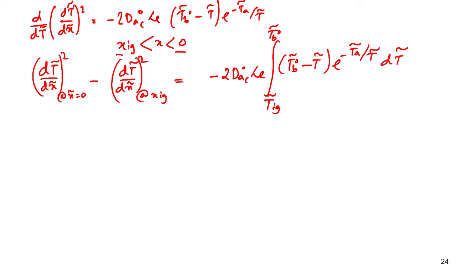Okay. Now if you remember this, at x equal to 0, this is essentially equal to the right hand side, this plus. So this is essentially equal, by matching conditions, to d squared T tilde/dx tilde squared at plus, which is equal to 0. On the plus side, essentially we can get rid of this thing, this goes to 0, but of course this does not go to 0. So this goes to 0, and we can write